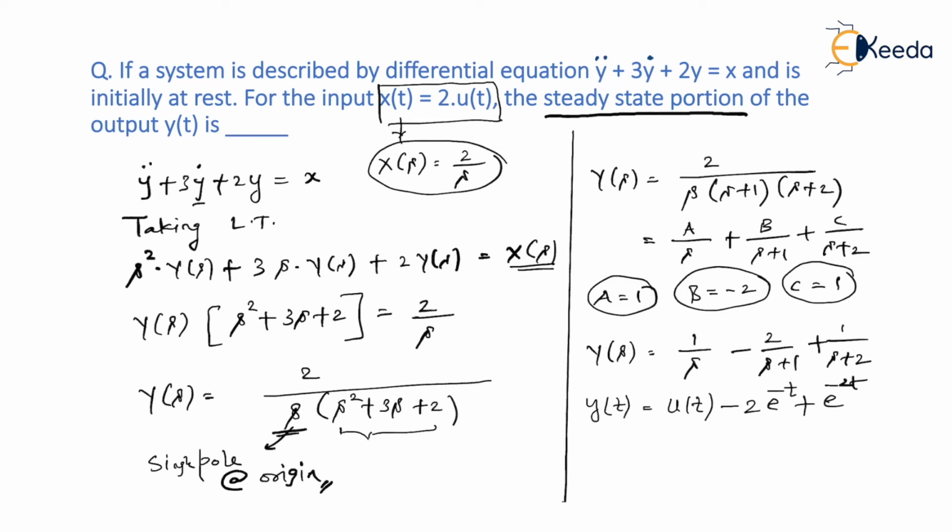Now what is going to happen? If you observe this y(t), please try to observe this y(t) whatever you have. I would say these two terms are transient terms because when t tends to infinity, this portion will become 0. Am I right? Therefore, I would say this is nothing but your transient part, or rather transient portion. This transient portion, when t tends to infinity, will become 0. But since you know that u(t) is constant with respect to time, even though t tends to infinity, this is not going to become 0. And therefore, whatever remaining portion is known as the steady state portion.